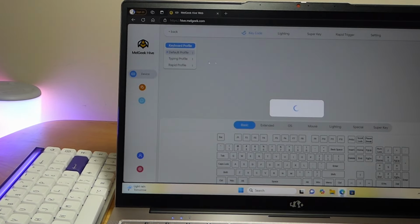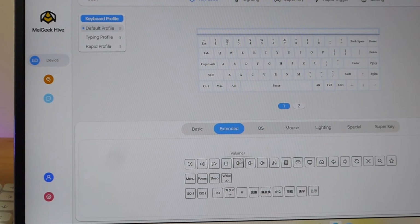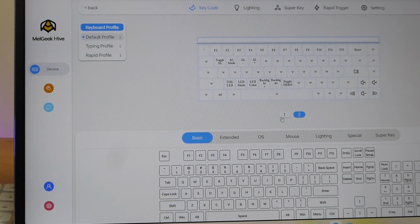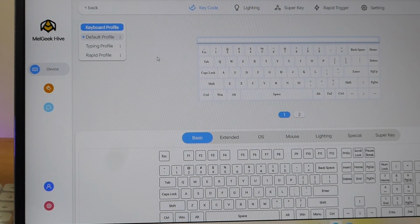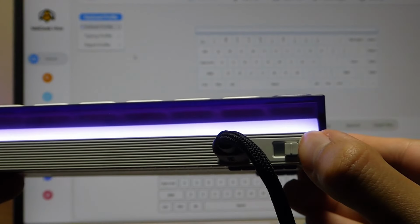memory. You can tap inside to, again, trigger different controls, inclusive of various shortcut commands, as well as media controls, shortcuts for calculator functions that you can bring back, and even program mouse click commands on specific keys as well if desired. And once satisfied, you're able to save it onto the keyboard. You can choose between the default layout, the typing profile, or a rapid profile, which are the three modes that we talked about earlier. So we can easily use the slider here to adjust between those three different layouts and